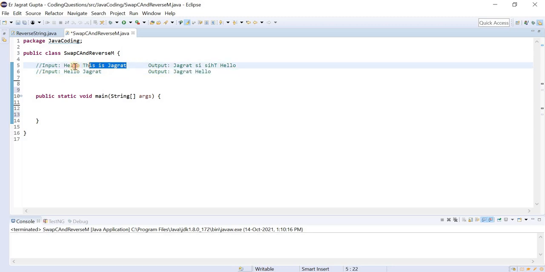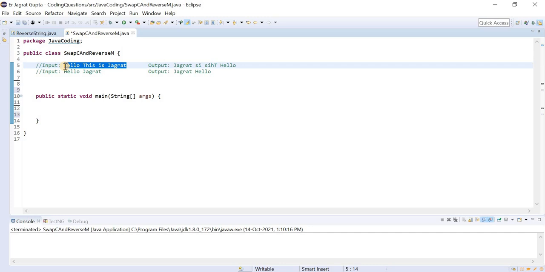Okay, so what would be our approach? If you look at this particular input string and this particular output, the first thing we need to do is apply the split function, so that we can separate each and every word of this string. Then we need to apply a for loop from the last word and go till the first index.